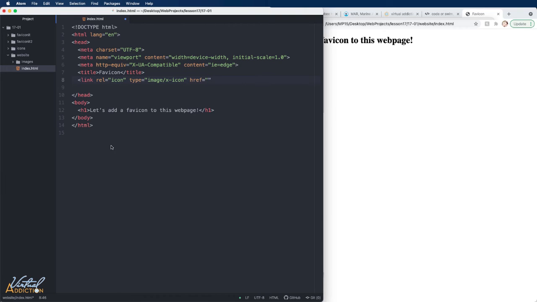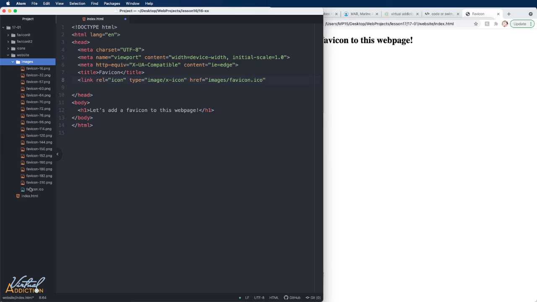Finally, we're going to use the href attribute, which is going to allow us to indicate where the file is located. Now, I placed all of my images in the images folder, and the image that we're going to pull up initially is going to be the favicon.ico file. So I'll go ahead and use that name. When we generated our ICO images, they were all named with favicon as the starting portion. The name of these elements can really be anything that you want, since the link element is going to specify what file we want to use as a favicon. But traditionally, the files were always called favicon.ico.